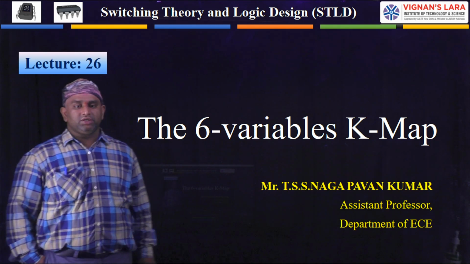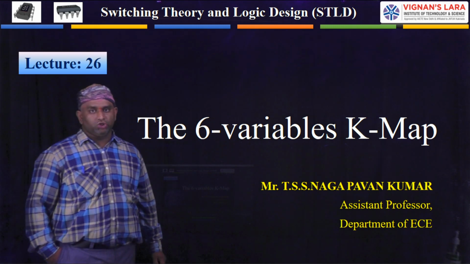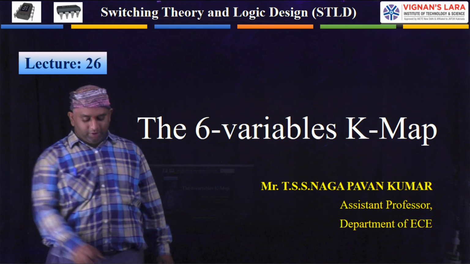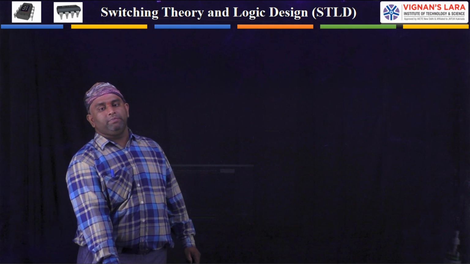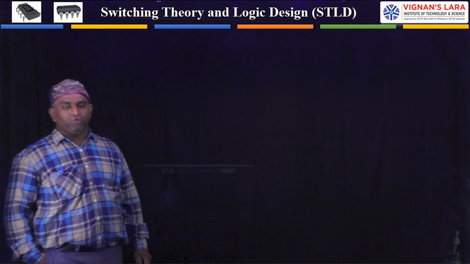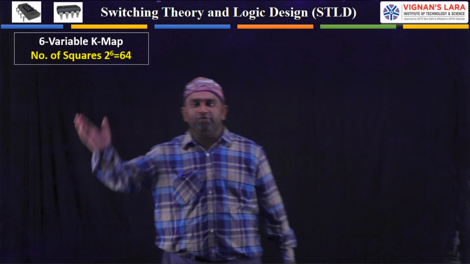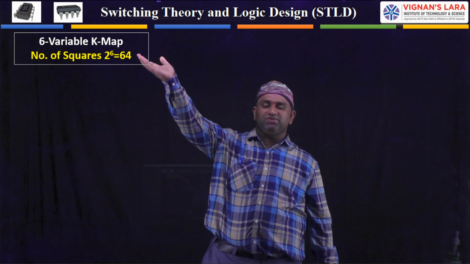Okay, students, let us continue our switching theory and logic design subject, lecture 26. Now this concept is a 6-variable K-map. So how many squares can you form from this 6-variable K-map? From the 6-variable K-map, the number of squares you can make is 2 power 6, where 2 power 6